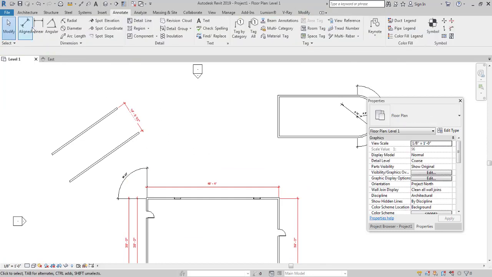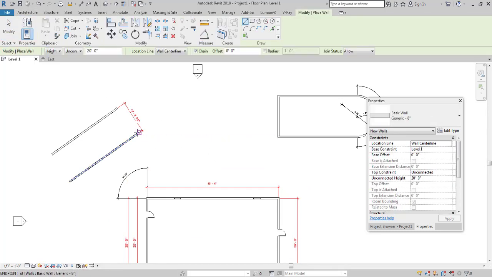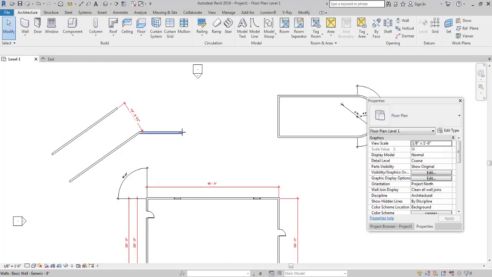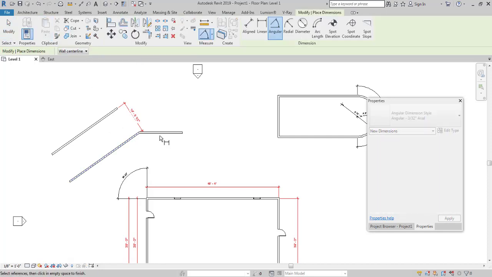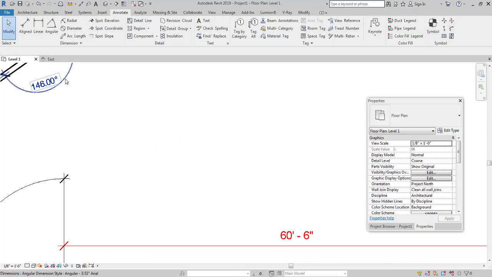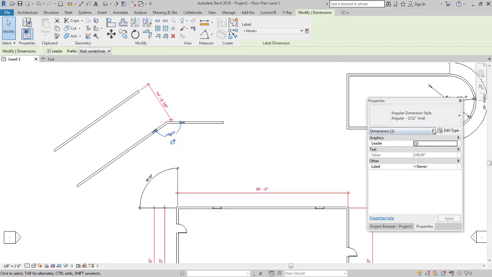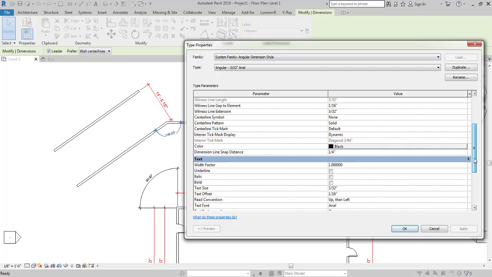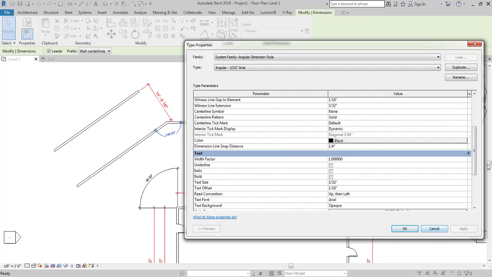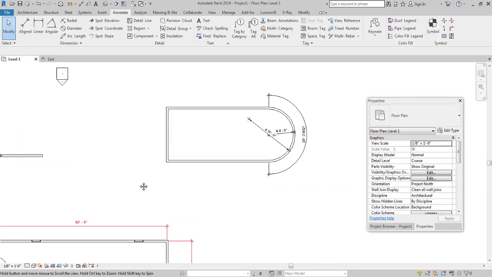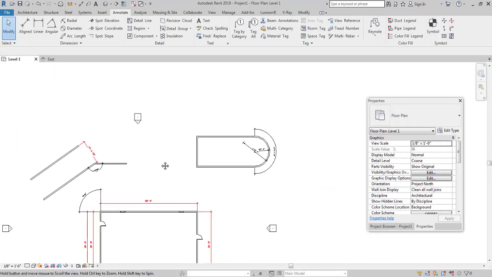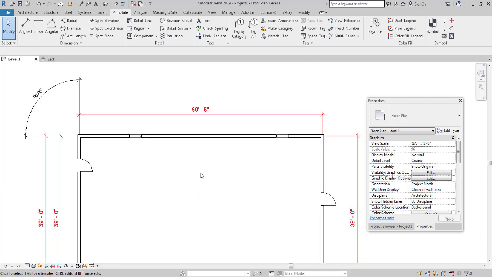And you can do it, for example, select the wall icon, create a wall over here, go to the annotate tab, and select the angular icon over here, and select these two individual references, and we're getting an angle of 146. Now you can change the properties of these angles by going to the edit type, changing the color, changing the text height, text length, changing the background. It's entirely up to you. And yeah, that's pretty much it.